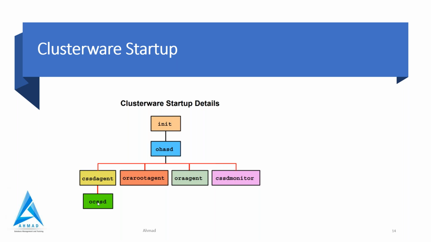And the CSSD agent process monitors the cluster and provides I/O fencing. This service was formerly provided by OPROCD. Now it is deprecated, and if the CSSD agent fails, then Oracle Clusterware restarts the node, or it will